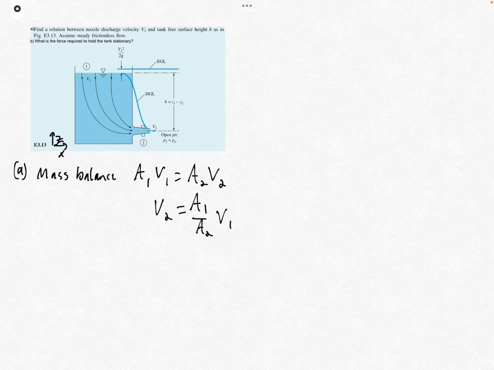But this doesn't incorporate anything having to do with, for example, the height of the tank, right? And that's really what we want to know. We want to know how that velocity V2 relates to the tank free surface height. This is where that steady frictionless flow thing really comes in. Right? That means Bernoulli equation is valid. So